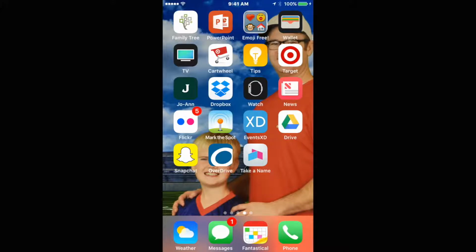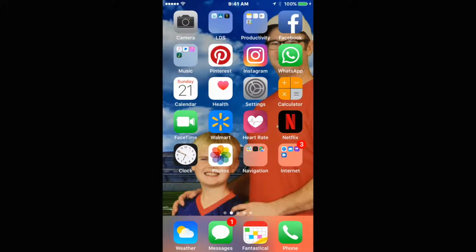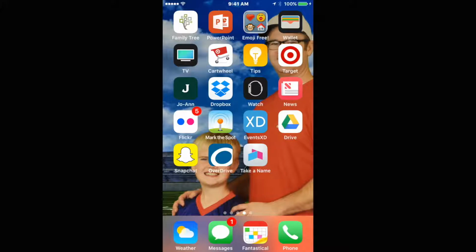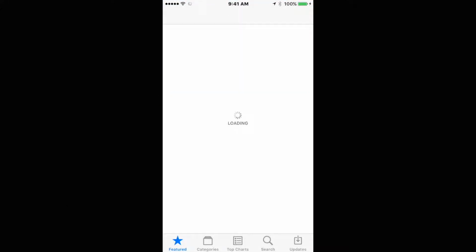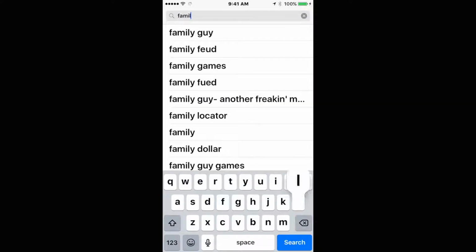So the first thing you need to do is download the Family Tree app. You go to the App Store, which looks like this. Where is my App Store? Okay, this doesn't count as part of my 3 minutes because I do not know where my App Store is. Right in here. That's the blue App Store. You go in there and you hit this search button right here at the bottom and you type in Family Tree,